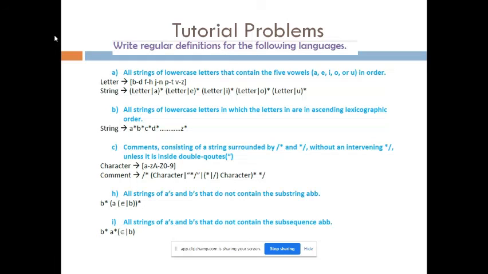And the next is all the strings of A's and B's that do not contain the substring ABB. So the answer is B* (A (epsilon|B))*, closing the brackets and the whole star. And then all the strings of A's and B's that do not contain the subsequence ABB. So the answer is B* A* (epsilon|